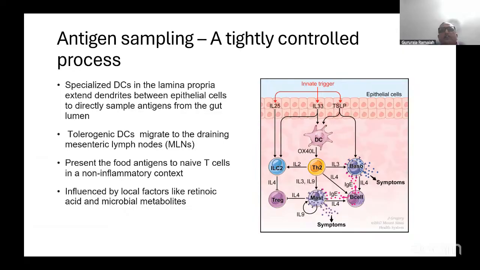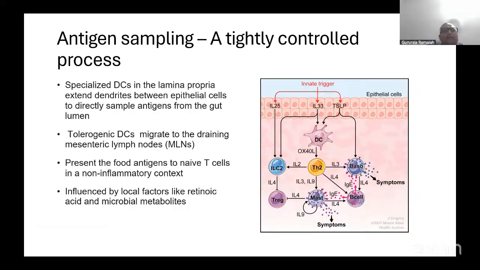Specialized dendritic cells in the lamina propria extend dendrites to the epithelial cells to directly sample antigen from the gut lumen. These tolerogenic dendritic cells then migrate to the draining mesenteric lymph nodes, where they present the food antigens to naive T cells in a non-inflammatory context influenced by local factors like retinoic acid and microbial